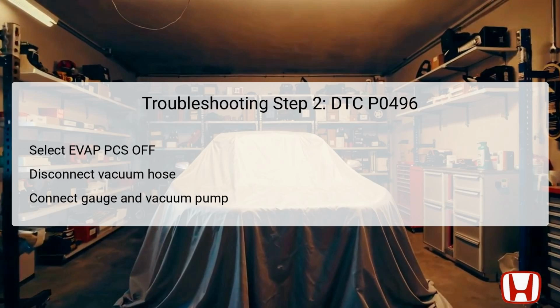Begin by selecting the EVAP PCS off option in the HDS to disable the system function temporarily. Then, disconnect the vacuum hose from the purge valve, which is typically identifiable in the engine bay. Connect a vacuum gauge and the vacuum pump to the EVAP canister purge valve using a T-fitting to facilitate accurate